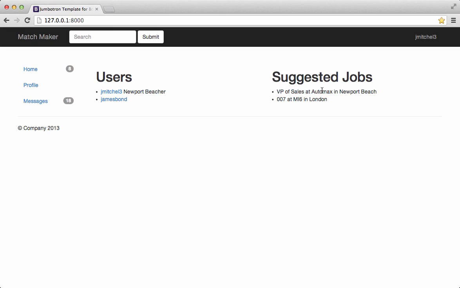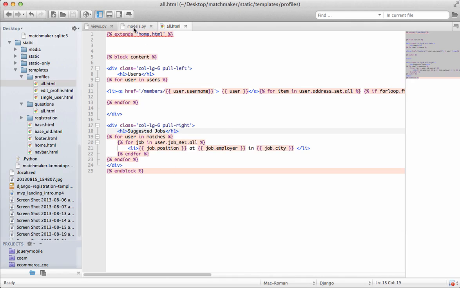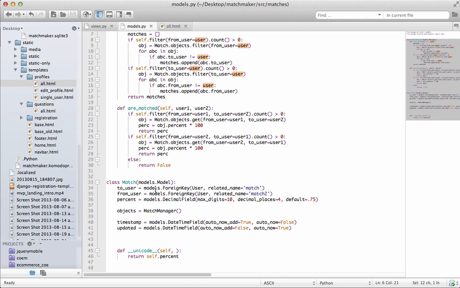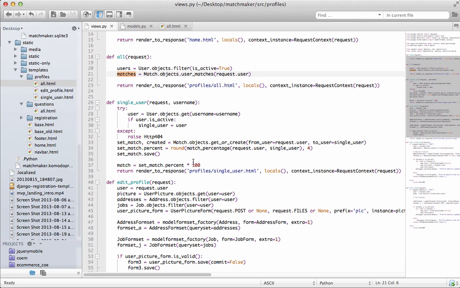Now, VP of Sales at Automax. I don't know why James Bond decided to leave MI6 to go work at Automax in Newport Beach, but you know, maybe it's one of his retirement stints. Anyways, so that is suggested jobs. Of course, we could clean a lot of this stuff up because as you may notice, the suggested jobs are coming from matches. So we might need to be a little bit more rigorous about matches other than just if they go on there, they will become a match, which is not always true. So we might have to get a little bit smarter about that. So we will do that in the next